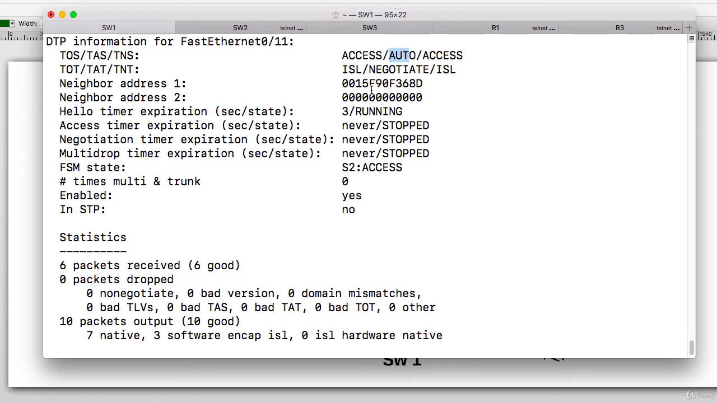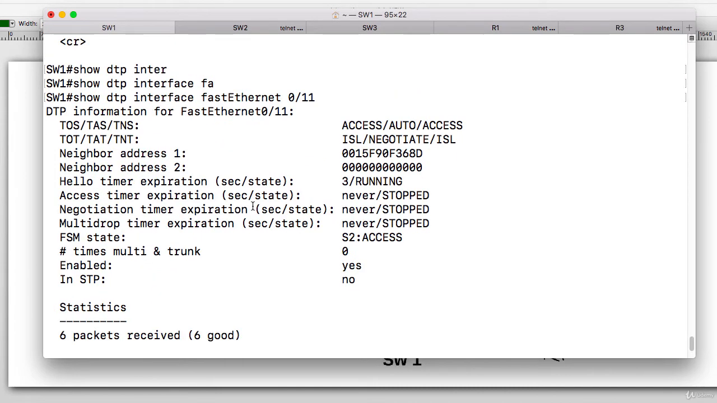It is in auto mode. Actually, these packets are old packets, which means when I formed trunk for testing. Okay, because I have to test everything before showing you. So right now it is auto,